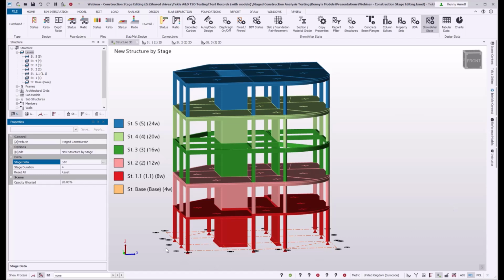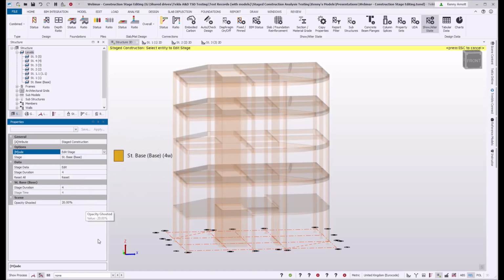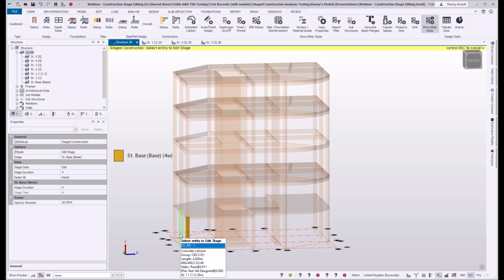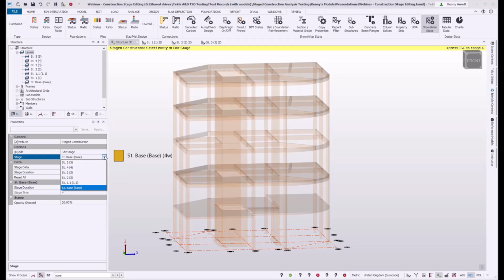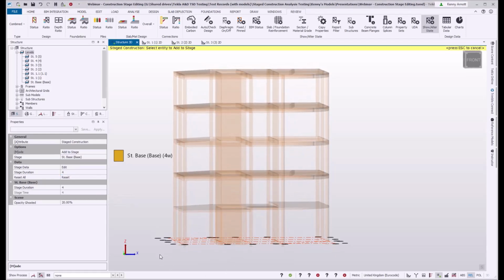Now it's active, but it doesn't pick up anything, so now I want to edit that stage's content. I've got options to only add, only remove, or edit, which acts as a toggle. When it's in the edit mode, I can click members one at a time to toggle them on and off. But if I go to add to stage, then the windowing operations start to become active.